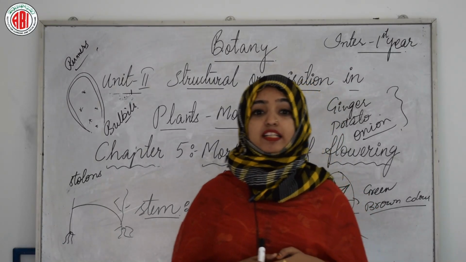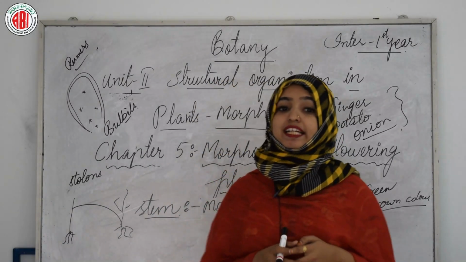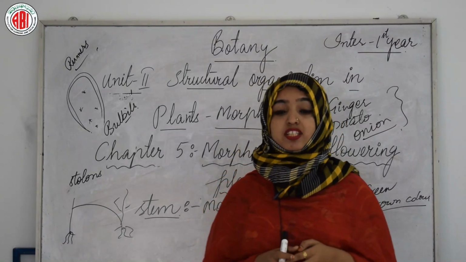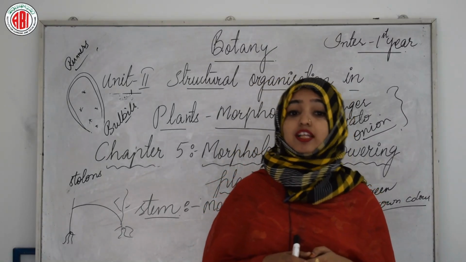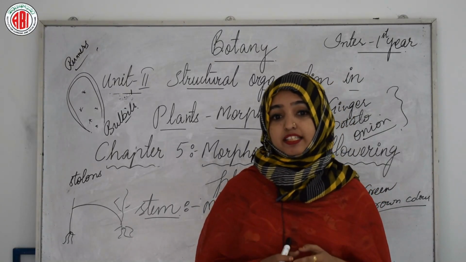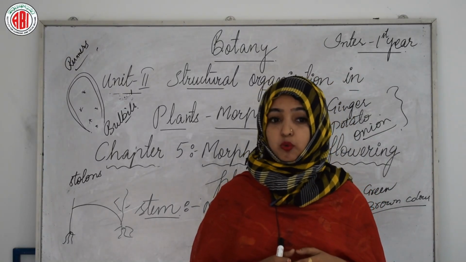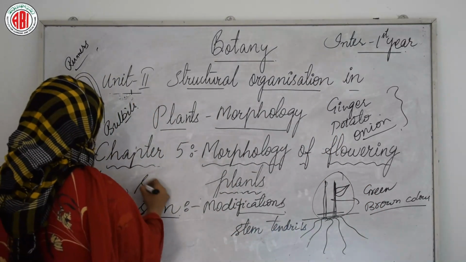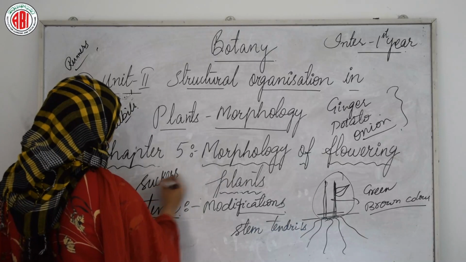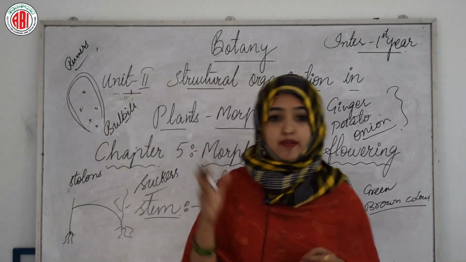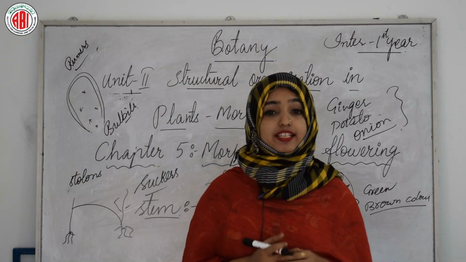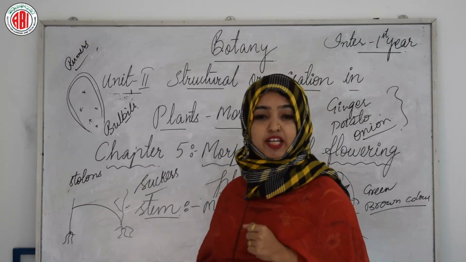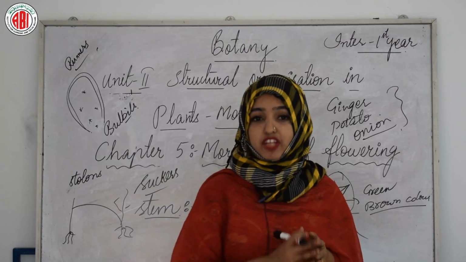And in banana, pineapple and chrysanthemum, the lateral branches originate from the basal and underground portion of the main stem, grow horizontally beneath the soil, and then come out obliquely upward, giving rise to leafy shoots, and these branches are called suckers. So this is the last modification of the stem, that is suckers, normally found in banana, chrysanthemum, pineapple and so on. All these subaerial stem modifications are also useful for vegetative propagation. That is the use of these subaerial modifications actually.